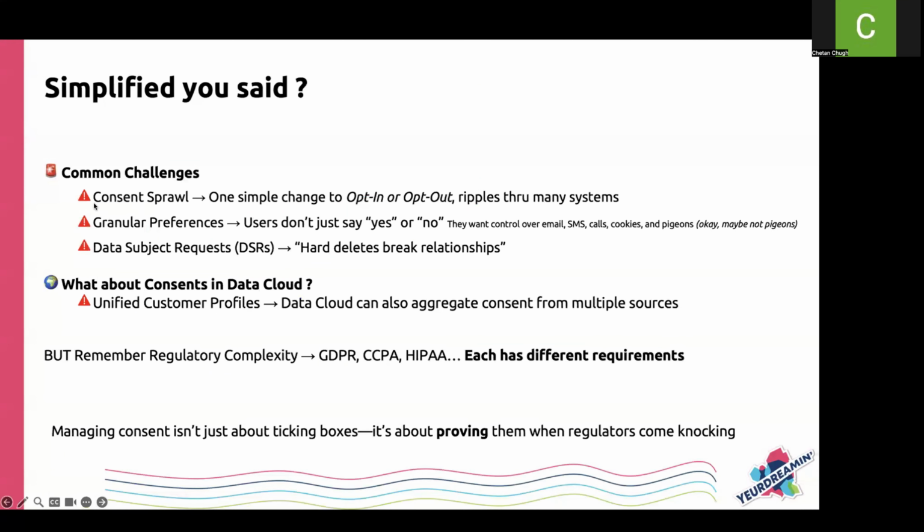Why do I say that? See, there are some very common challenges that I at least have experienced in my own implementation work here. So the very first thing that you have to acknowledge is the fact that Salesforce is not the one which would use the consents that are received. When I say Salesforce, I mean the core clouds, right?